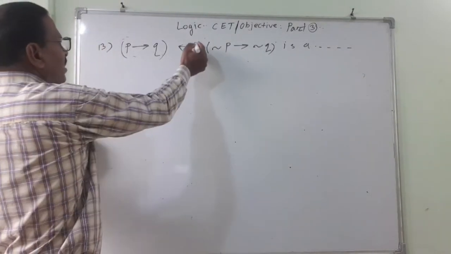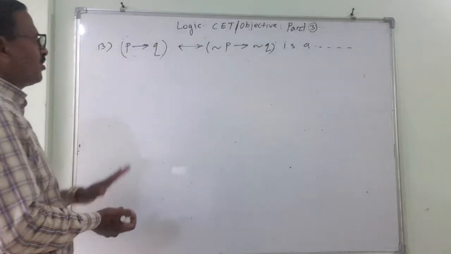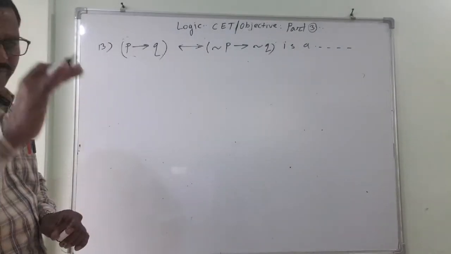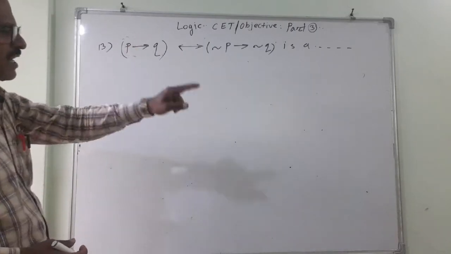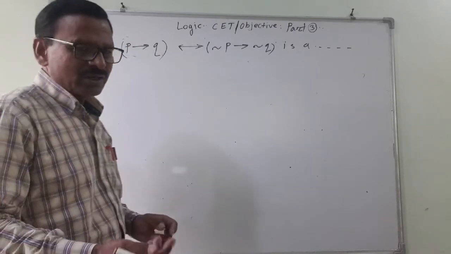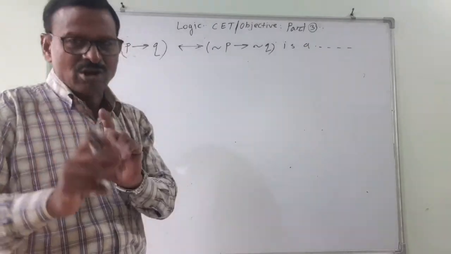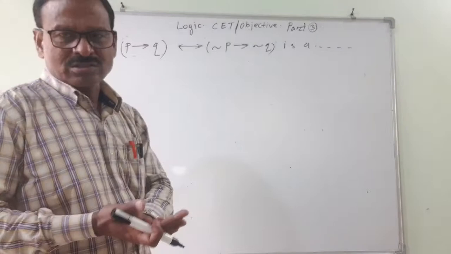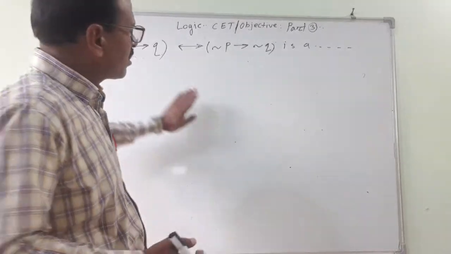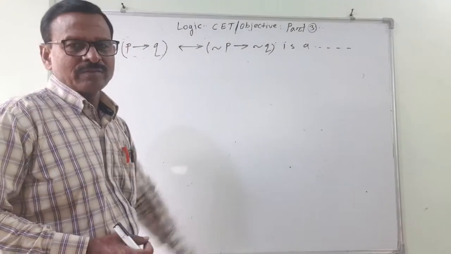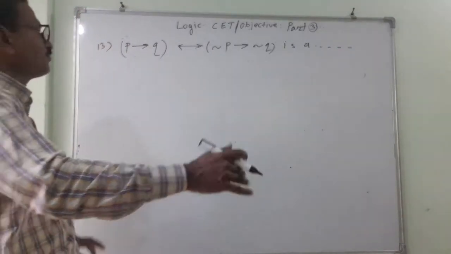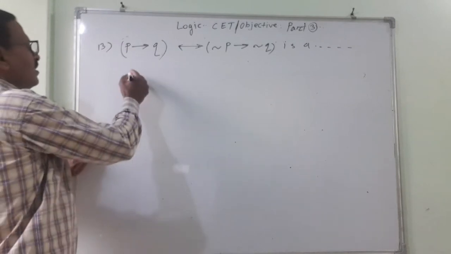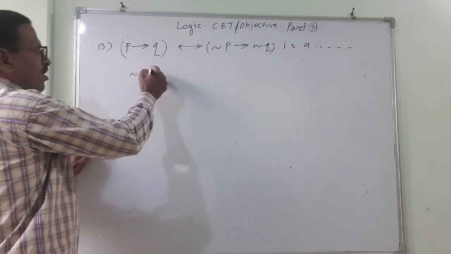Now what will I do? I will first of all try to bring it into circuit form. It is always better to bring all the statements into circuit form, and then from that you analyze whether the current will pass or not, because solving by the laws is somewhat time consuming. So you have to judge it. The meaning of this I will write first. This is negation P or Q.